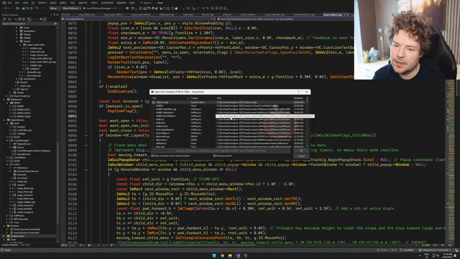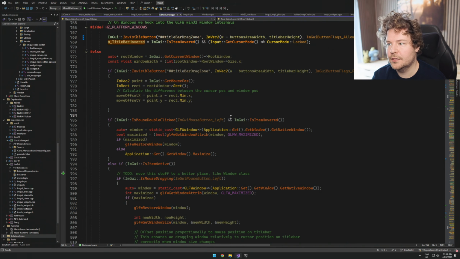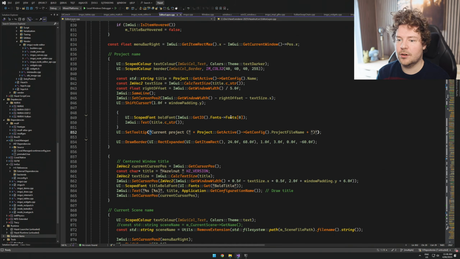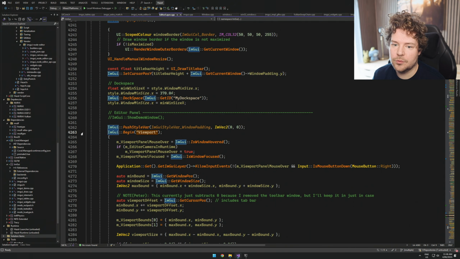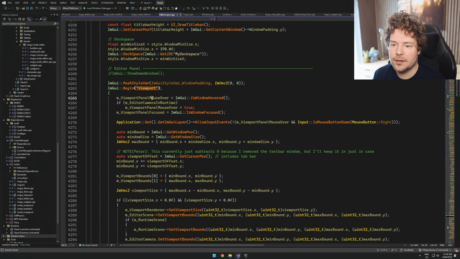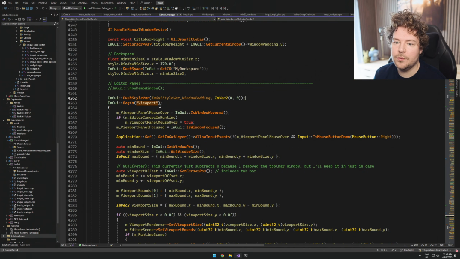I wonder if that's some ID thing, or if maybe the viewport is not properly being terminated or something. Here's the viewport. There's no if viewport, but that shouldn't really matter. What if we just don't do